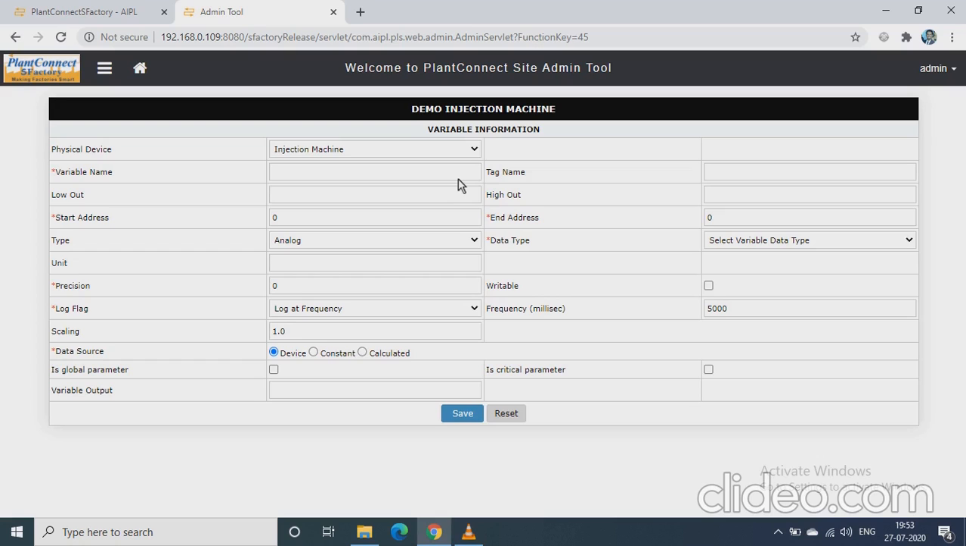So on this page you need to configure a variable and its properties. So let's configure the variable name. So let's configure pressure. Then you need to configure the start address for this variable. In our case, the start address for pressure variable on the Modbus register is 0 and the end address is 30